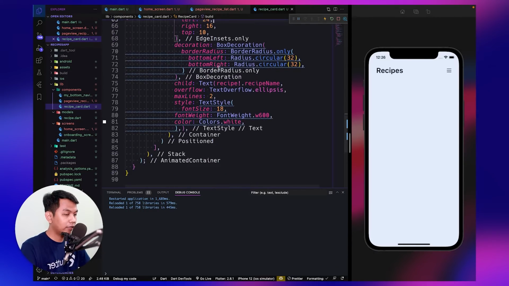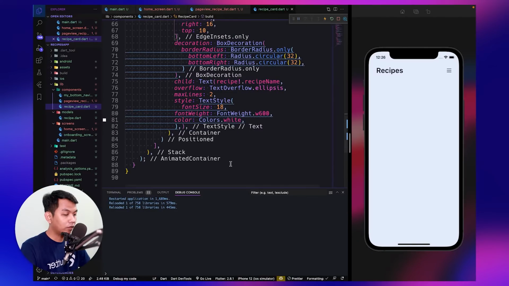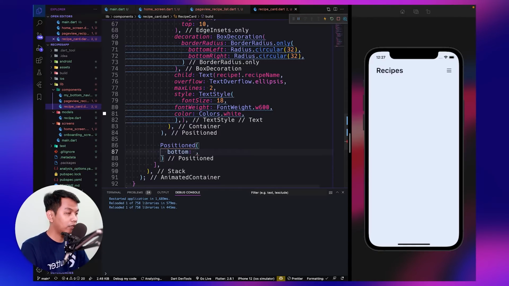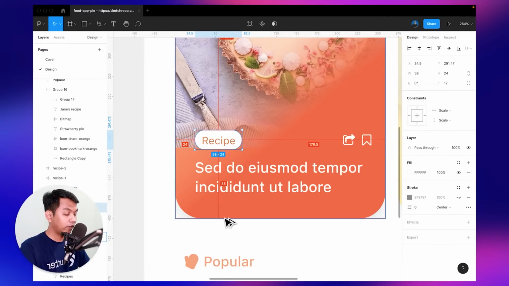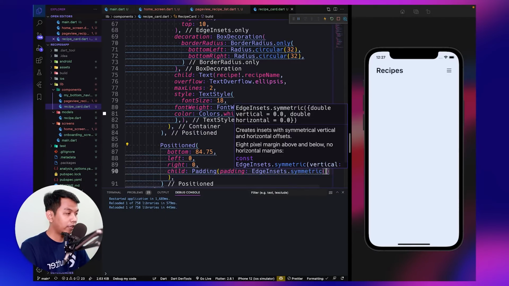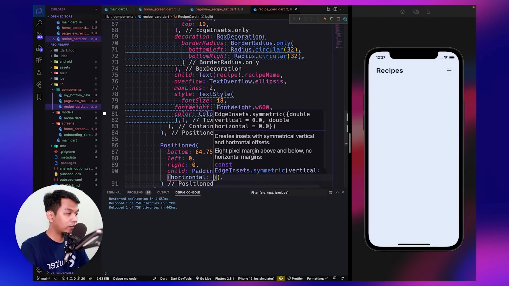And the next is for this. So below our Positioned widget, we use Positioned again, and for the bottom, let's check from the design, it's around 85, so we say right here 84.75. For the left set it to 0, and for the right set it to 0. For the child we use Padding, and for the padding we say symmetric, horizontal set to 16.